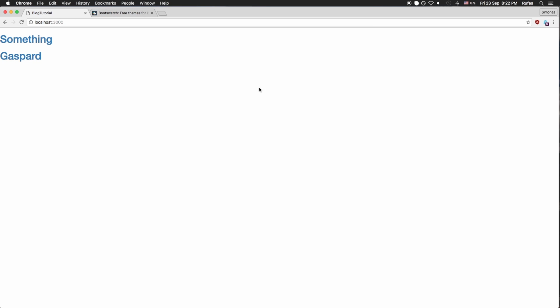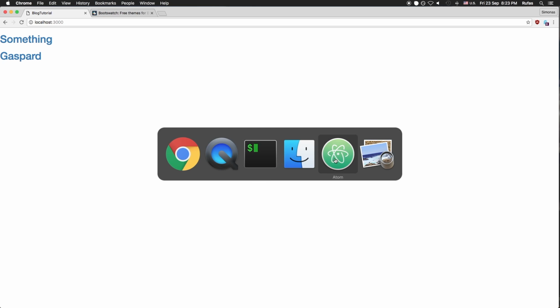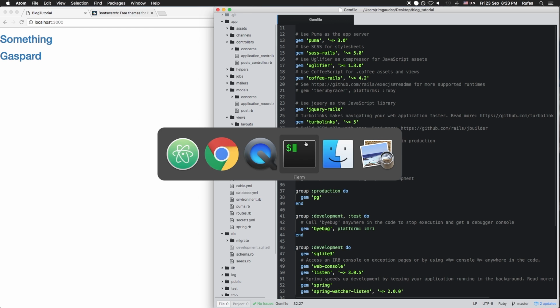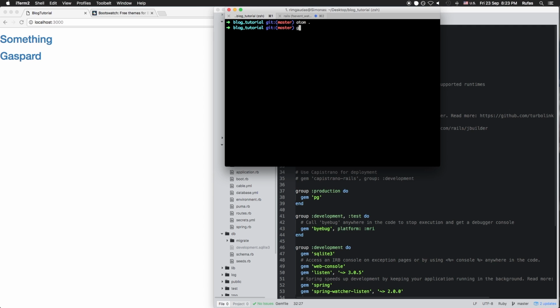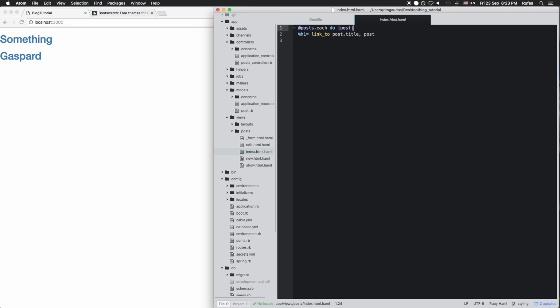Okay, so now that we have uploaded our project onto Heroku, let's fix the styling because right now the site looks ugly. So let's go to our terminal and create a new branch called styling. And now let's go to views. Let's start with our index